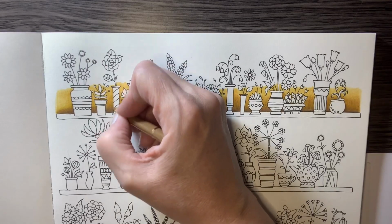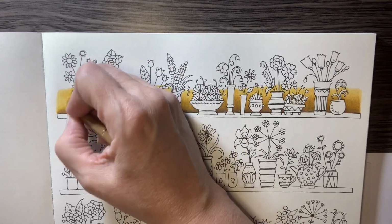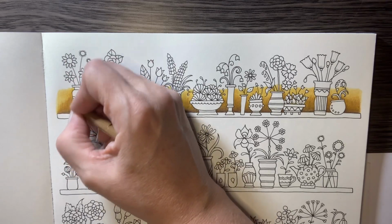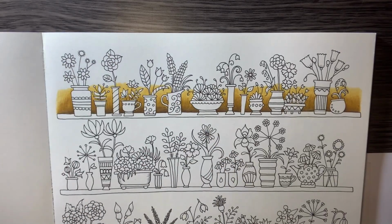A little bit more. It's these end bits that needed the most, that were just looking way too yellow all on their own. Okay, now we're going to go to the